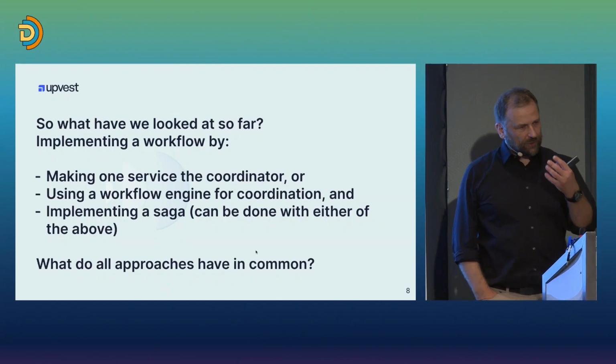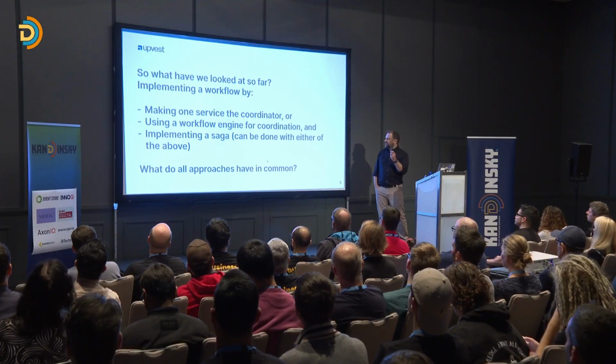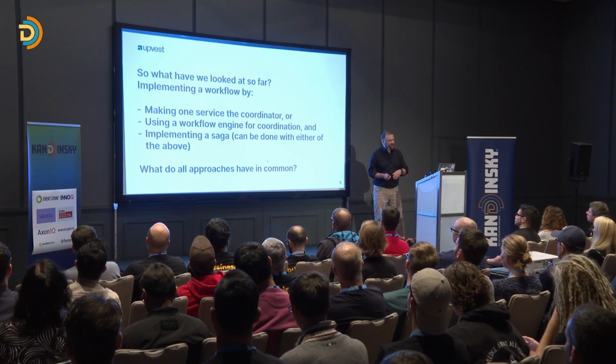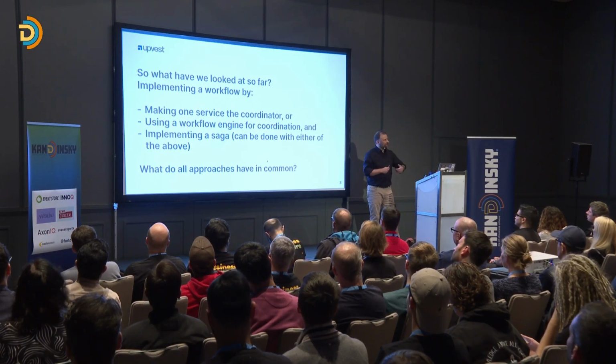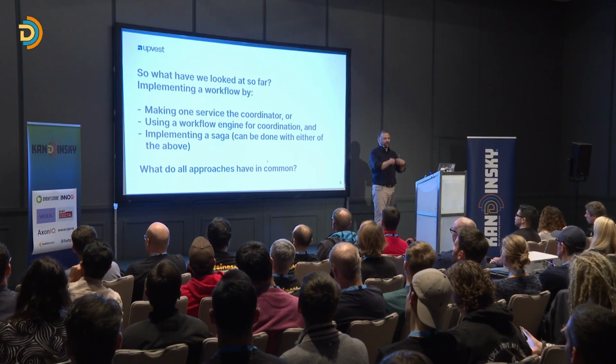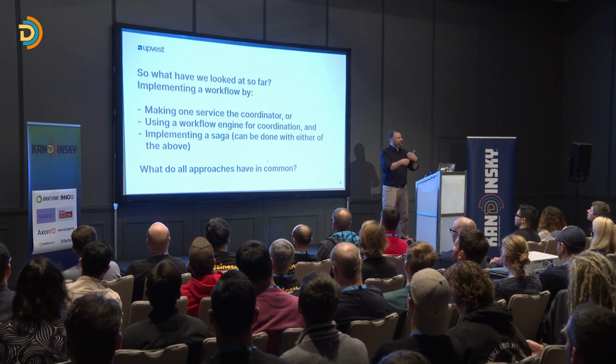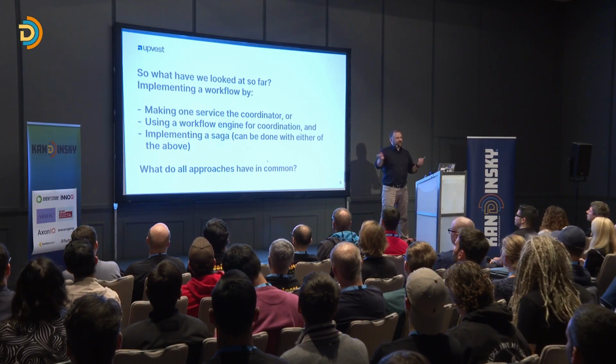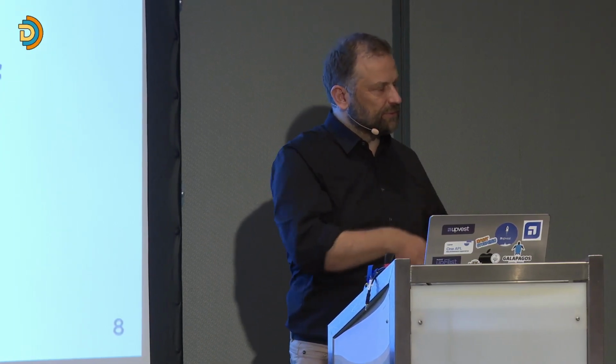Now, in these 3 minutes or so, we already looked at 3 different things, right? We looked at dedicating one of your services to the process, to implement a workflow on top of a couple of services; you could take one of the services and implement a process in this one. Or you could extract this and use a workflow engine and have a nice separation between the workflow and your business logic, possibly. And you can also implement a saga. You can use either of the previously mentioned techniques for this. You can do this in your own service, or all the workflow tools I mentioned also support these semantics, and you can implement sagas in this.